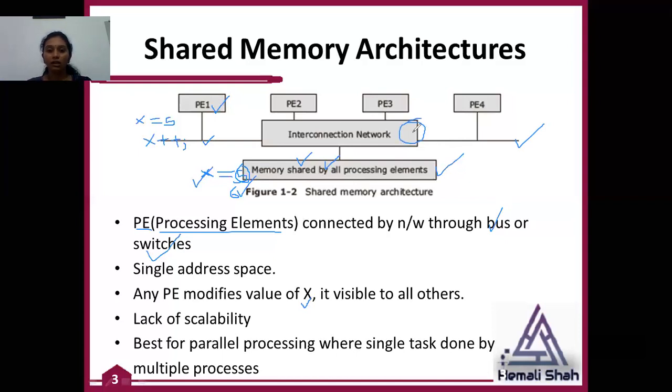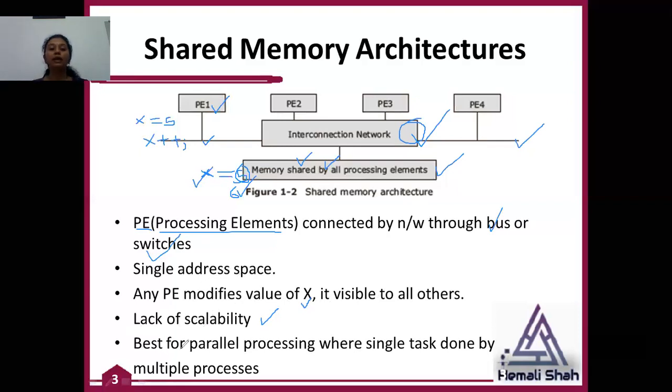If you involve lots of computers and you are using a single communication network, then there is communication network overhead, and you will not get very good results. So this shared memory architecture is basically not scalable. There is a lack of scalability in this architecture.